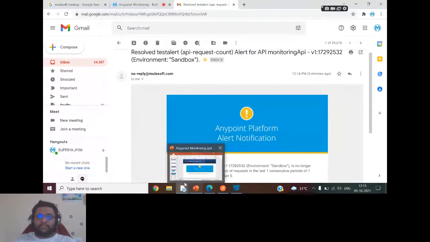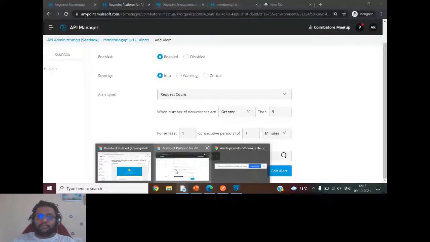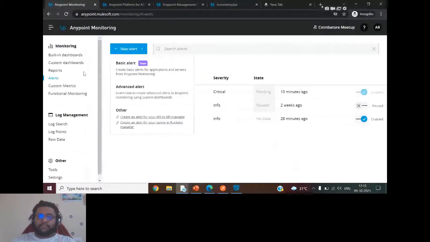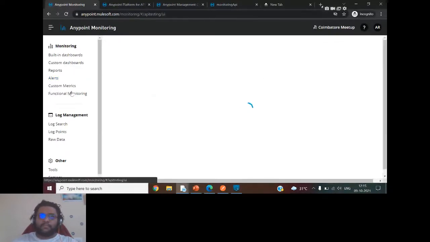Let me go back to our functional monitoring thing. Yeah, so this is also all about alerts. I wanted to show you some alert, how it gets generated, so that you get the perfect idea. But again, please remember, it should be on the basis of the requirement. On the trial access, whatever I could show you, I've shown to you. But when it comes to your projects, your APIs, you have to design it well, that if an alert is really required here, then only we'll put it, otherwise no. Okay, so let's move to the functional monitoring section.